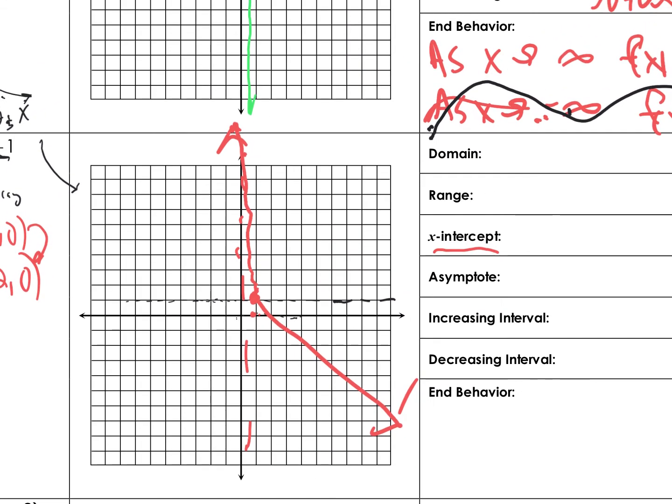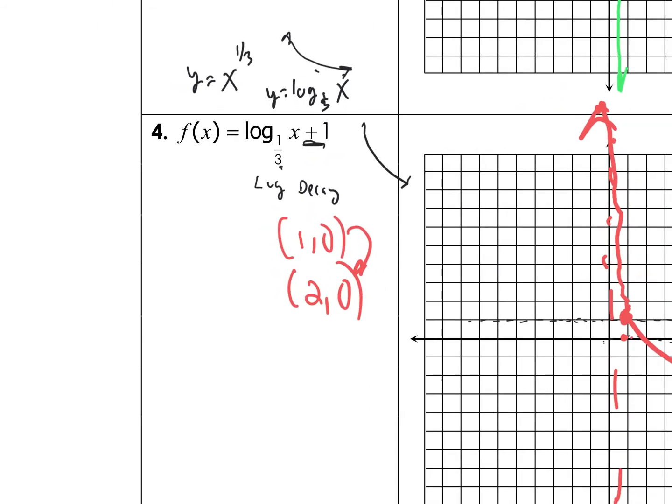So the domain is still the same, from 0 to infinity. The range is still all real numbers. Now the x-intercept is going to be harder to find. And I don't know how important it is to find it, but we will try to use some algebra here. Okay, so